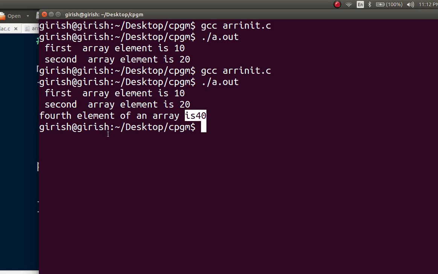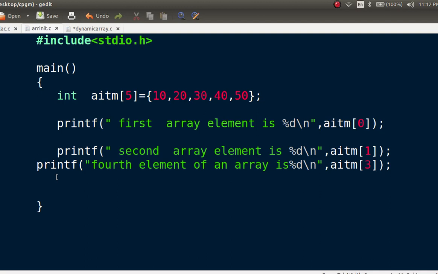And one more thing, you want to know the memory address, isn't it? So I will print the memory address here. printf memory address is %d, from which address you want.